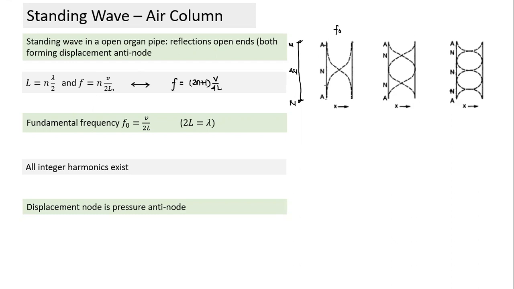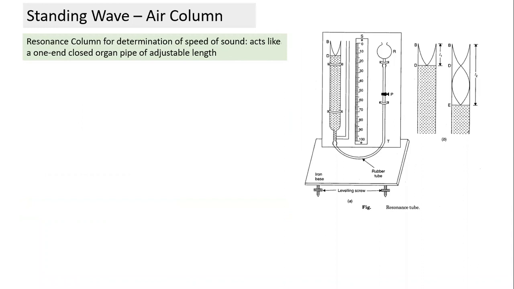This is in the case of a fixed string and open pipe. Fixed string, open pipe. This is in the case of a string free at one end, closed pipe. Rest all is the same. So this particular topic, not too many variations, is basically the use of two formulas. And if you practice a few questions, you'll find this is pretty easy. It needs some practice, and you can just quickly get a hang of it.